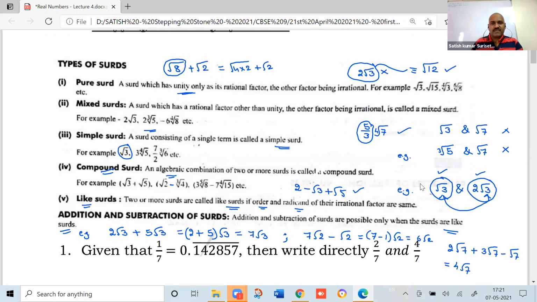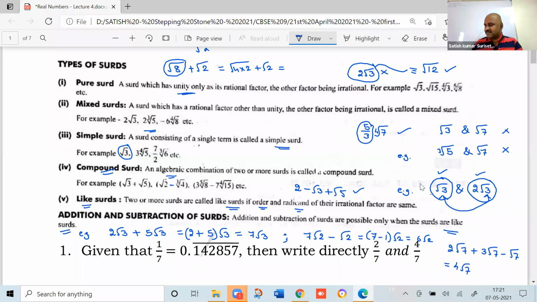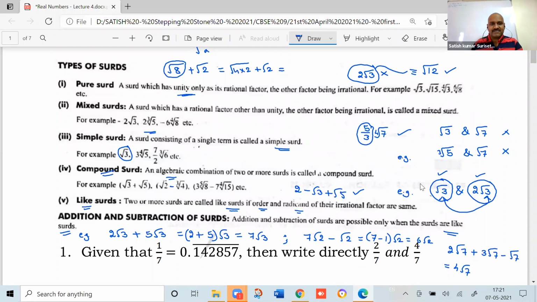plus root 2. Now root of 4 into 2 is again like root of AB. Previously I have written some properties. What is root of AB? Root of A into root of B. That means root of 4 into 2 means root 4 into root 2, plus root 2. But what is the value of root 4? 2. So 2 root 2 plus root 2. So what does 2 root 2 plus root 2 become now? 3 root 2, because 2 plus 1.